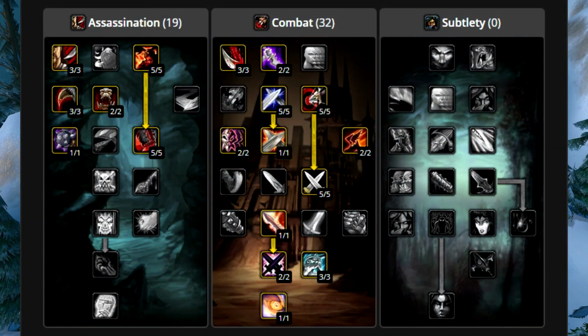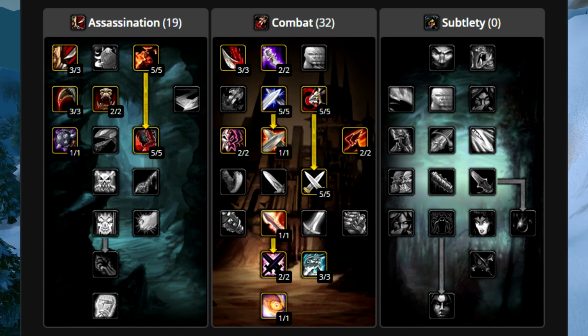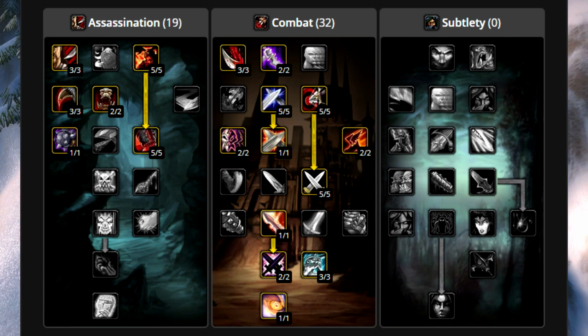Deflection, which will allow you to pick Riposte. That is a really good spell against melee classes. Also, in this build we will need to add Improved Sprint, which is one of the most important spells as a rogue,